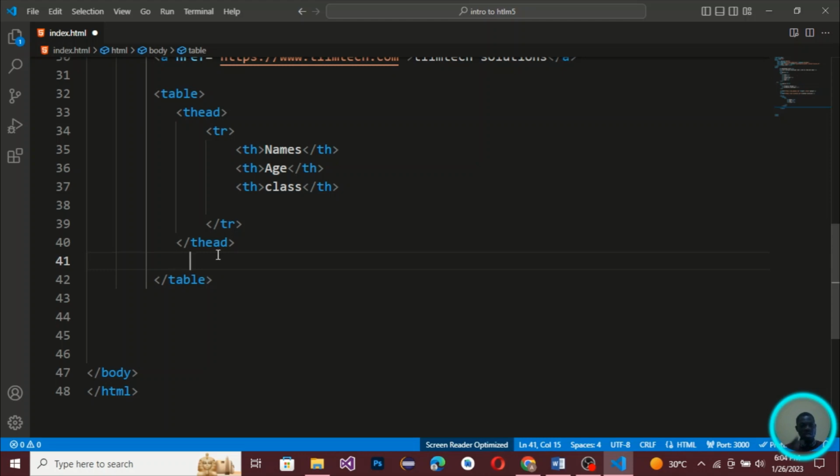The T head, that's the table head, will be bold than the other one. So this one we have T row. We want to add another row again. Inside this row you add